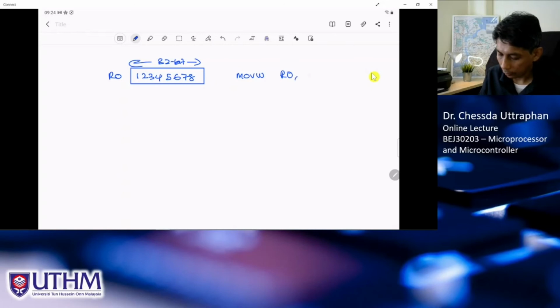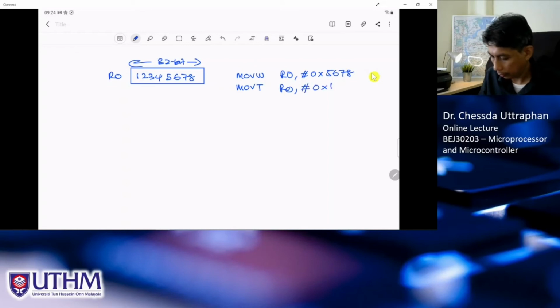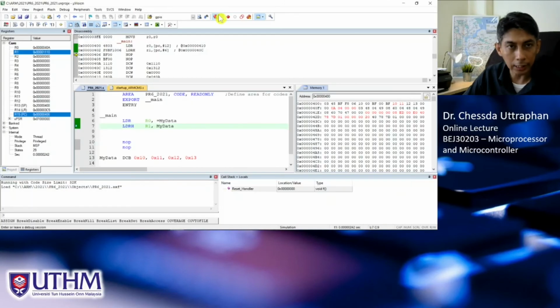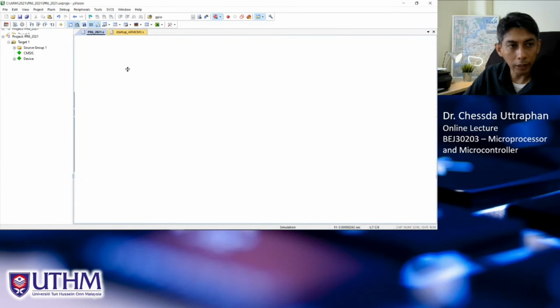R0, immediate value, right? This, and we use move top R0, right? Because we don't have any instruction to move immediate data that is 32-bit in size into any register. We just don't have. Because let's see, for example, if you want to move the data,